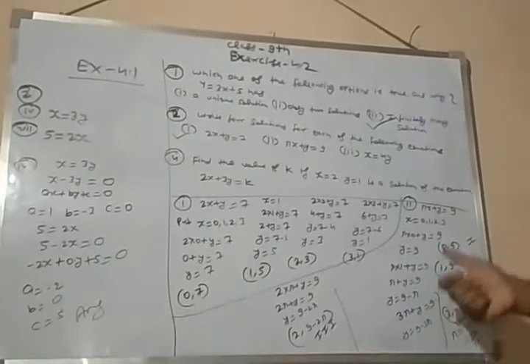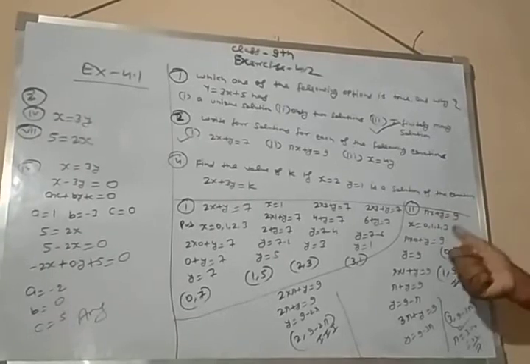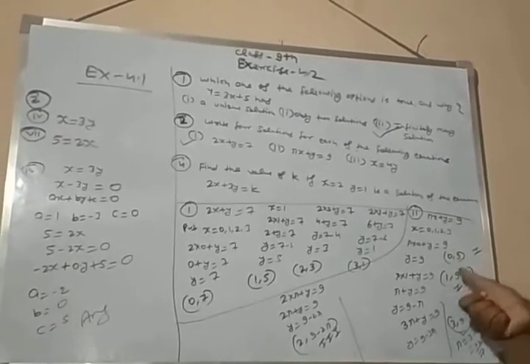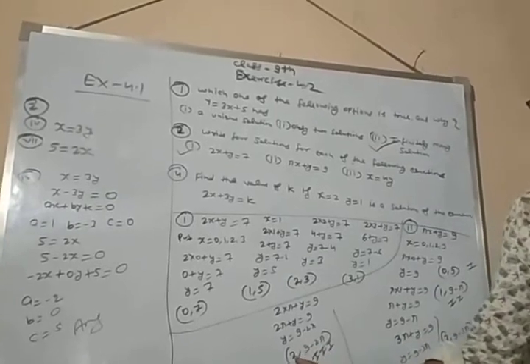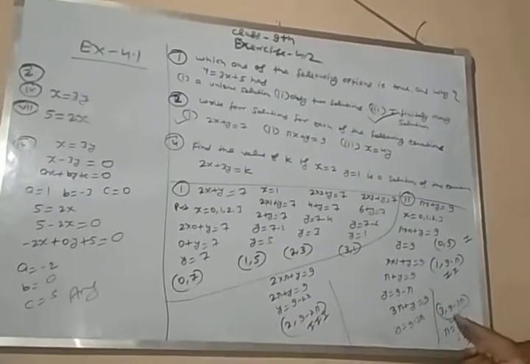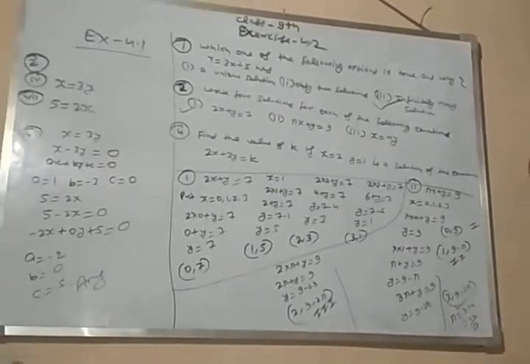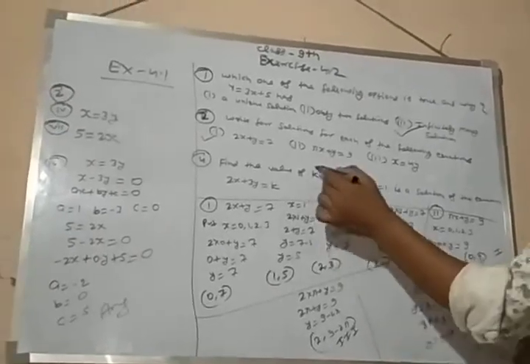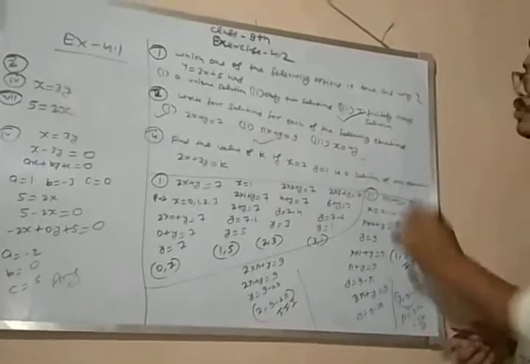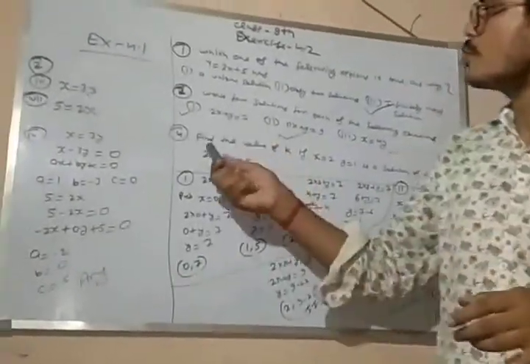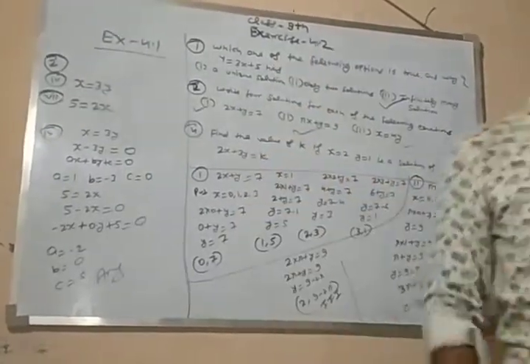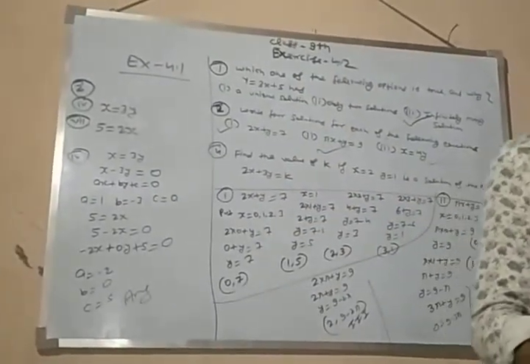Okay student. Now pi x plus y is equal to 9. First solution 0 comma 9. Second solution 1 comma 9 minus pi. Third solution 2 comma 9 minus 2 pi. And fourth solution 3 comma 9 minus 3 pi. Okay. Also you can solve the third part of question number 2 yourself. And the last question, exercise 4.2, question number 4, is given here.